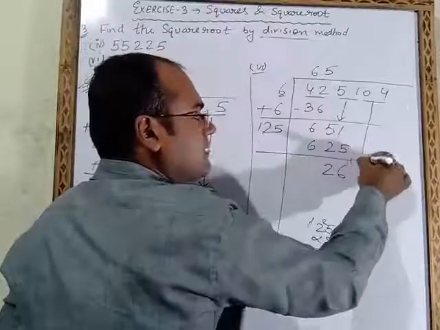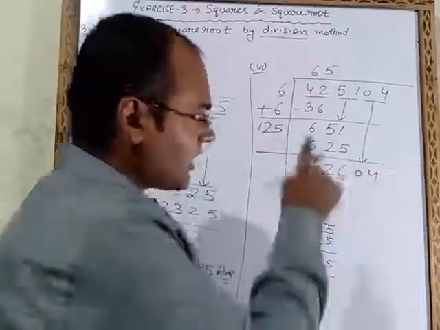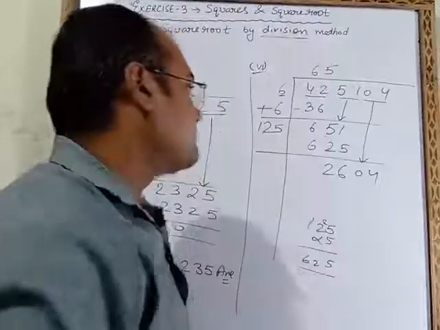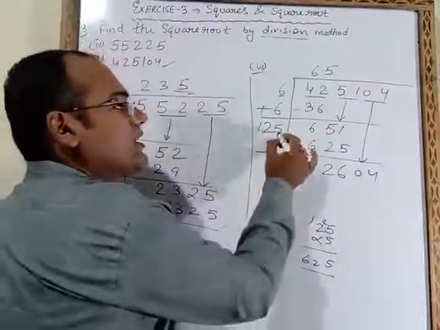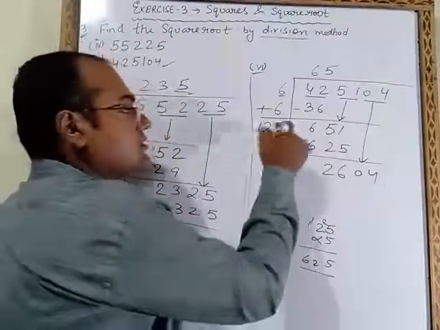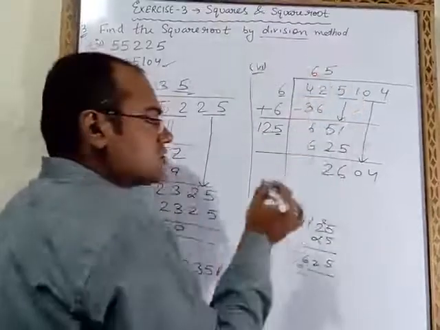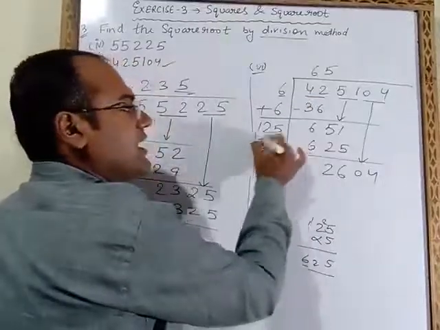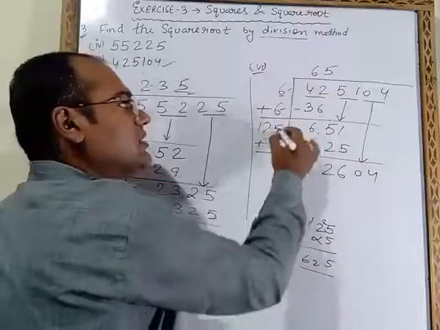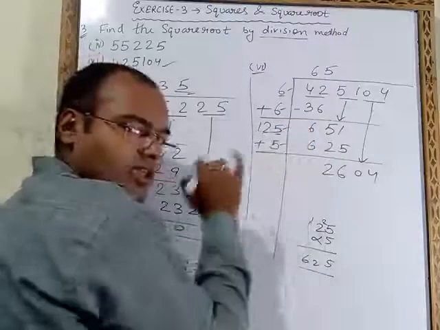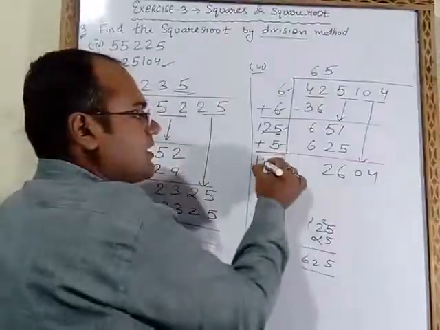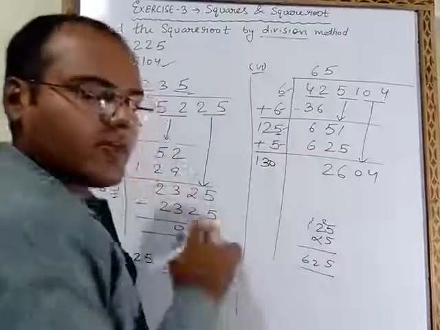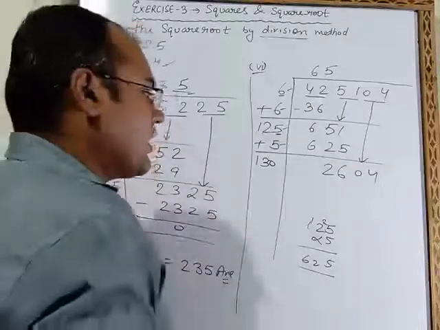Now these two numbers are underlined. We will bring them downside. Both are underlined, so we have to take them together. Which number have we taken here? We have taken 5, here also and there also. So what you have to do? This 5 you have to add. As we had added this 6 here, in the same way we will add this 5 here also. So this will become 130. 125 plus 5 will become 130.